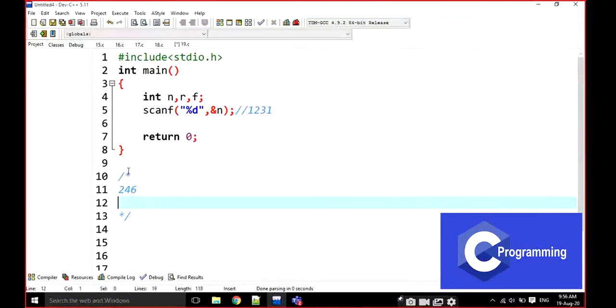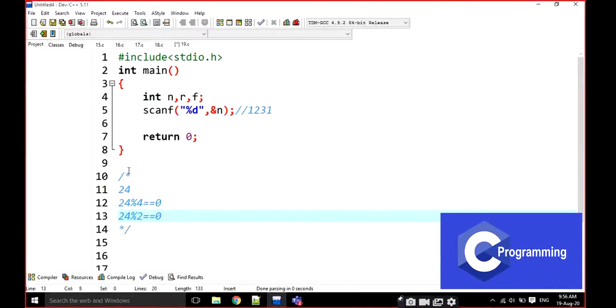We have to check all these digits. For example, I am going to write 24. I am going to check whether 24 is exactly divisible by 4. Is 24 exactly divisible by 4? Yes, sir. Now again, is 24 exactly divisible by 2? Yes, sir. Then it is going to be a lucky number, and else it is not.